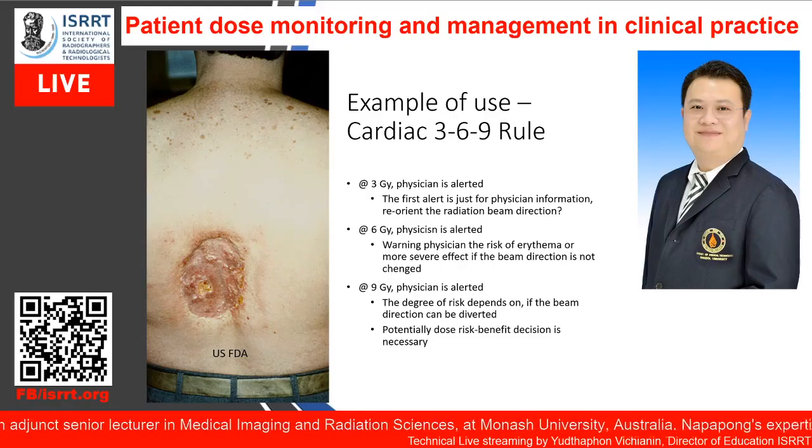This is important. And at 9 gray, which is a very rare case, the degree of risk depends on whether the beam direction can be diverted or not. Then you need to talk about the risk-benefit decision. Will a patient come in to get a cardiac cath or interventional radiology to fix something, like an aneurysm? Justification is already there. You just cannot let the patient get worse. You need to fix something, and you have to weigh the radiation burden the patient gets against the benefit if the patient has to go further for the